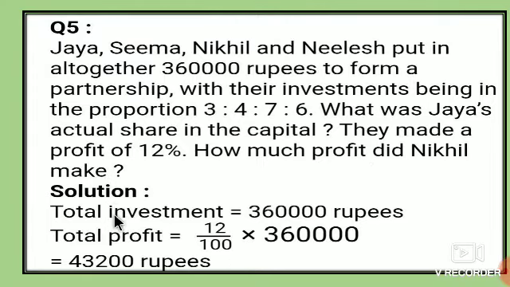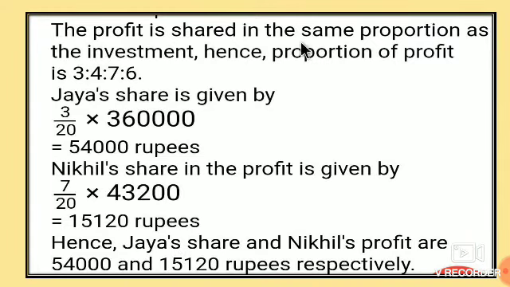Let's start the solution. The total investment is 3,60,000 rupees and the profit is 12%. So 12% of 3,60,000 rupees. So 12 upon 100 multiplied by 3,60,000 will be 43,200 rupees. This is the total profit. The profit is shared in the same proportion as the investment. Hence the proportion of the profit will be